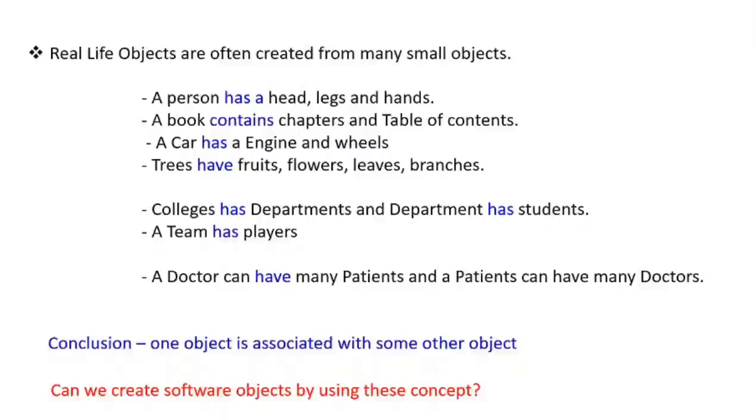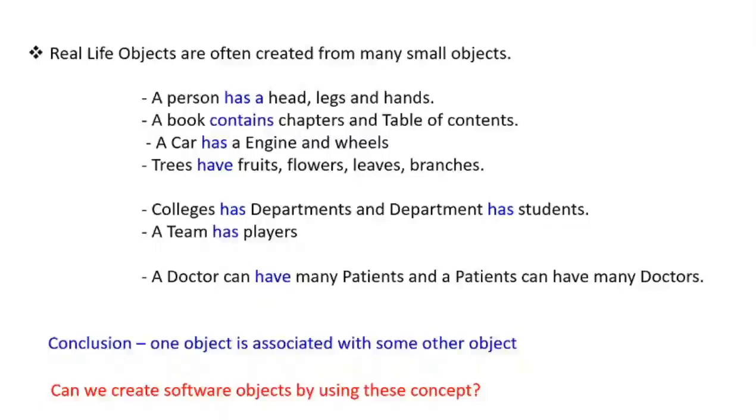In this case, this example is a bit different from the earlier example of a person. Here you can say that the car's parts, engine and wheels, can be created separately and then connected to the car. In the case of a person, when a person dies, there is no use for the head, legs, and hands. We can say that the life of the head, legs, and hands ends along with the person itself. But in the case of a car, you will notice that this is not happening with the engine and wheels. Even though the car is not existing, the engine and wheels still exist. They can still be used in other cases.